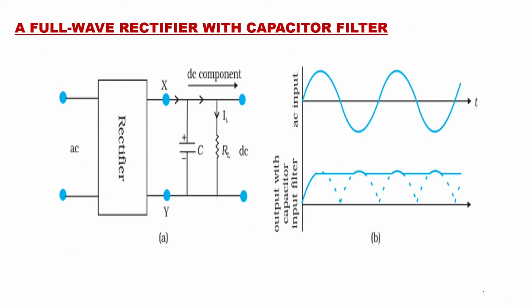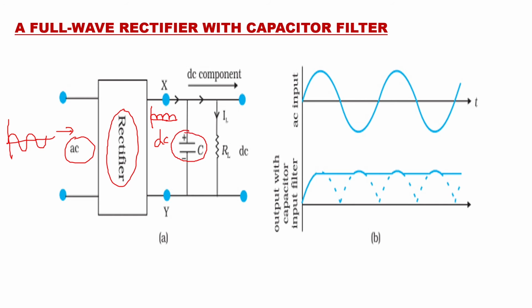So here we show a circuit. Now here you have your rectifier circuit, and this is the input AC. Here you are going to get your DC, which is not pure. You have your alternating input applied here, and then you are going to get a quantity which will look like this, which is your full wave rectifier output. Now when this input is passed through a circuit where you have a capacitor across the circuit, this capacitor is acting as a filter.